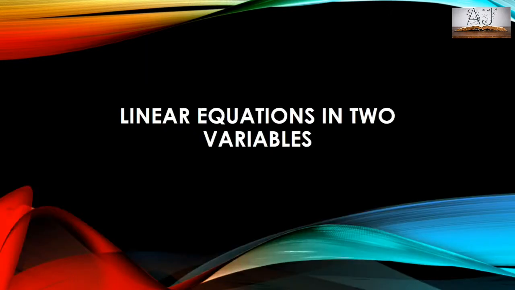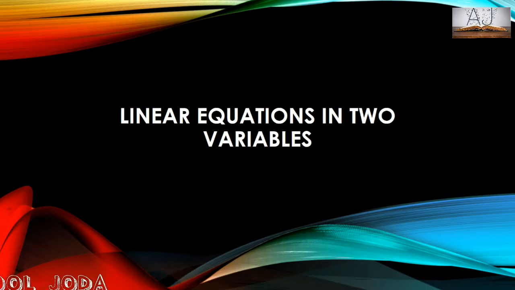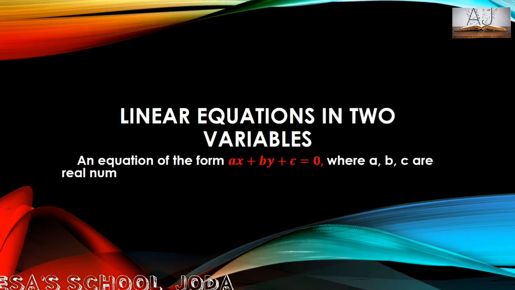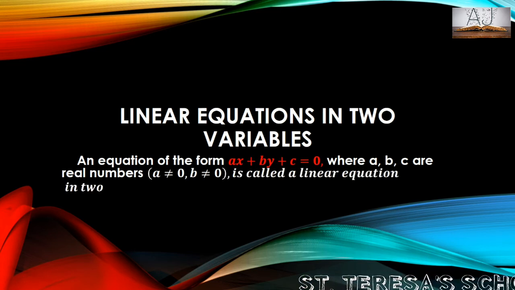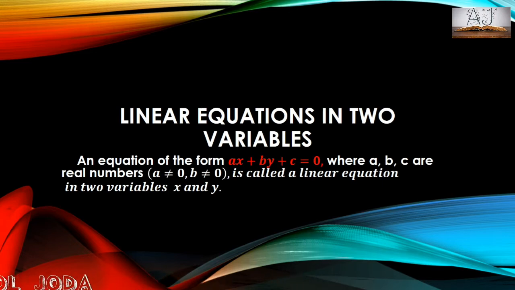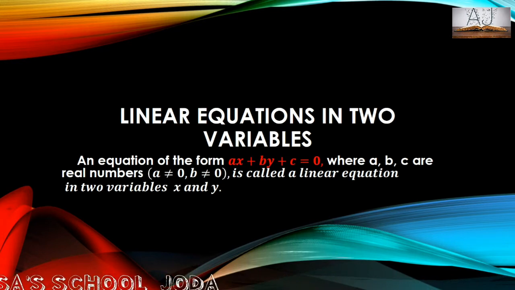Now shall we try one more? But before that, let us see what is linear equation in two variables. We saw linear equation, but it had only one variable, that is x or y or z. Now we'll see linear equation in two variables. The equation in two variables will have the form ax plus by plus c equal to 0 and a, b, c should be real numbers. And remember here a also should not be equal to 0 and b also should not be equal to 0. Then this will be called a linear equation in two variables.